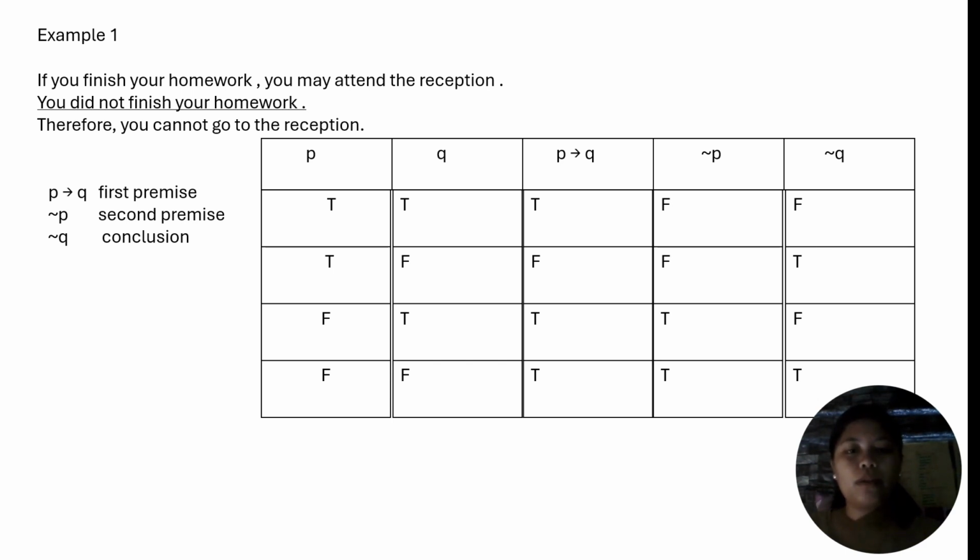Let's observe our truth table. In a validity argument, the first things we need to consider are the premises. Remember, we have premises 1 and 2. As you can see, we have 4 rows. Let's determine, for each row, the truth values of the two premises. As you can see in rows 3 and 4, premise 1 and the second premise have the same truth value.